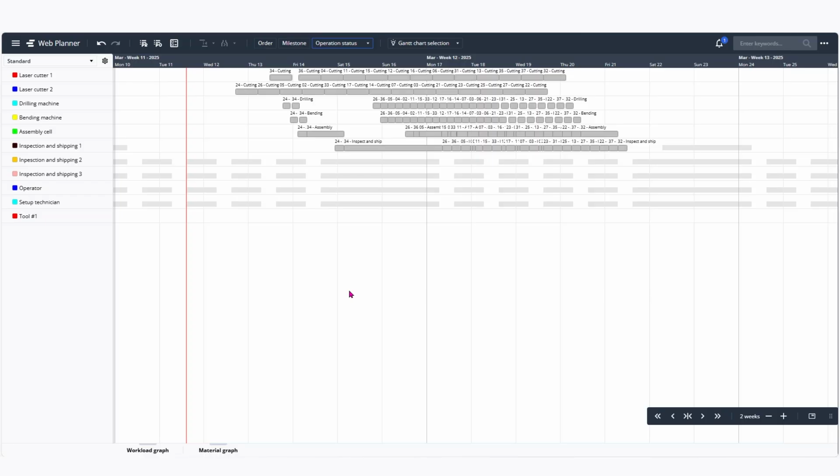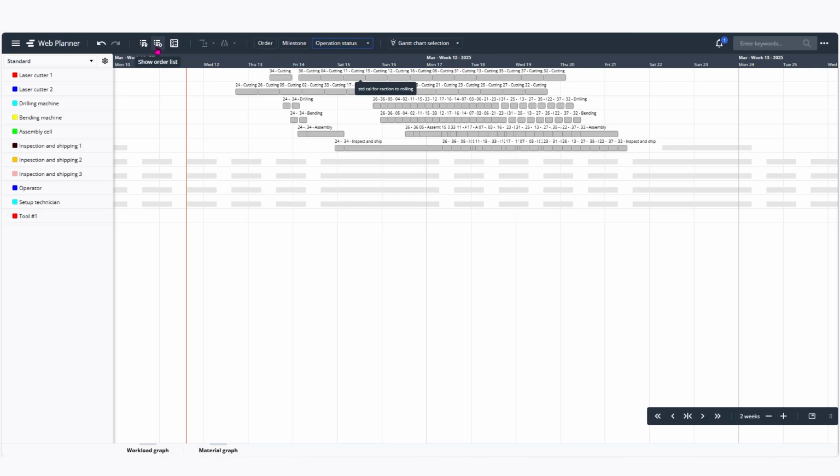Tracking progress and rescheduling. In this stage of the scheduling cycle, we are executing and releasing work orders to the shop floor, getting progress feedback, and experiencing the consequences on the schedule. So, in the Gantt chart, you can see, if you choose this color scheme called operation status, that every order is gray, and the gray color is referred to as planned.